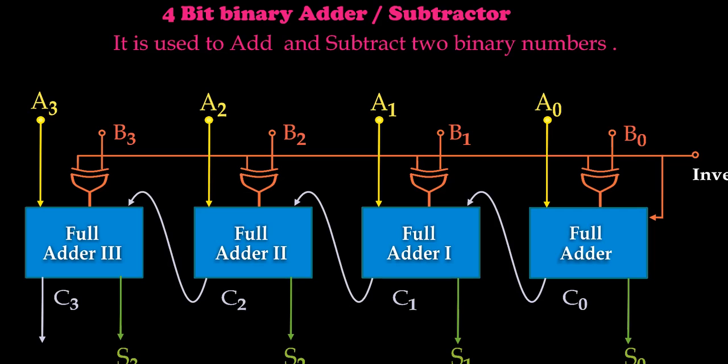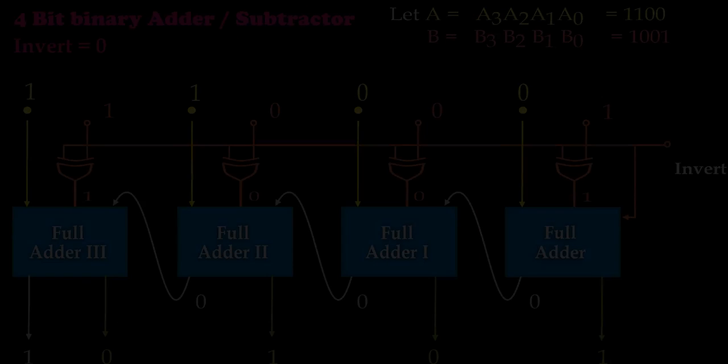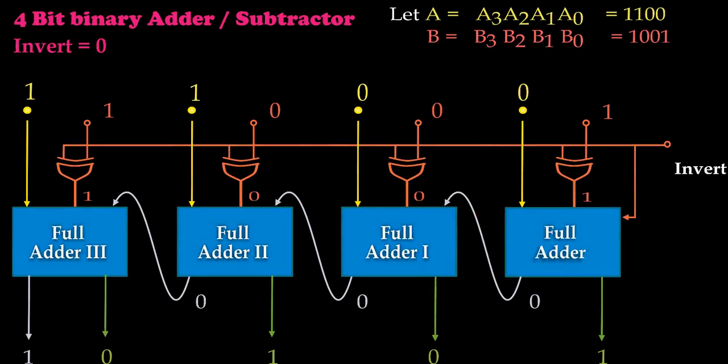Let us see using an example. Suppose when this invert is connected to 0, the control inverter will be inactive. The data will be the same as that of the input at the output of the XOR gate. Suppose the A data is 1100 and the second, B data, is 1001. Starting from the LSB bit, instead of a half adder, a full adder is used here. Now the 3 bits are A data, B data and the invert terminal. It is also connected here.